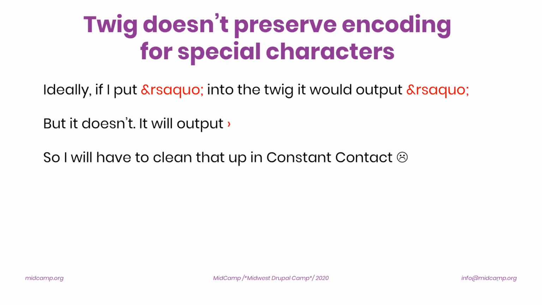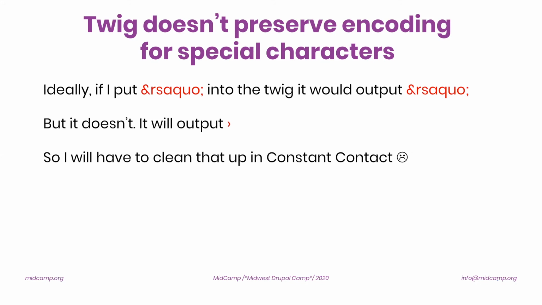I spent a lot of time trying to make Twig or a view output the encoding of a special character, and it just won't. I can't figure it out. If anybody knows and has done that successfully, I would love to hear about it. So in this case, I put the encoding into the Twig and hoped that it would output that in many different ways, but it still